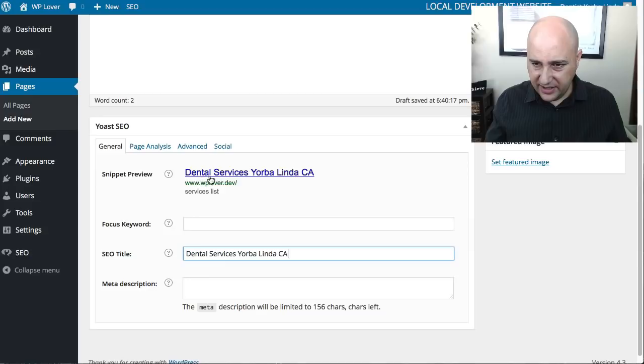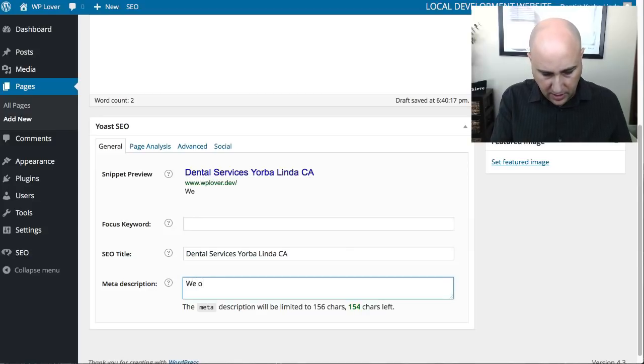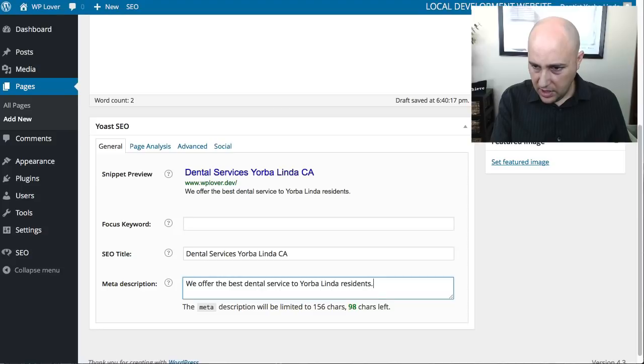And then you can see how it changed there in the preview. So you can see as I'm typing this, you can see a preview of what it's going to look like